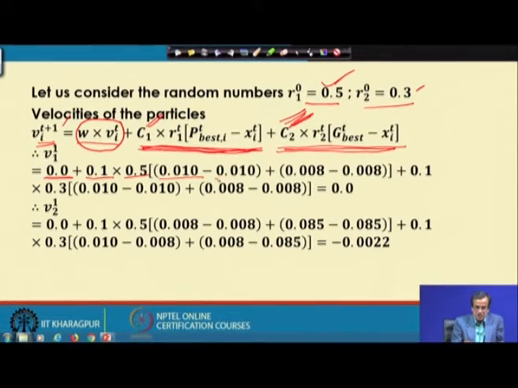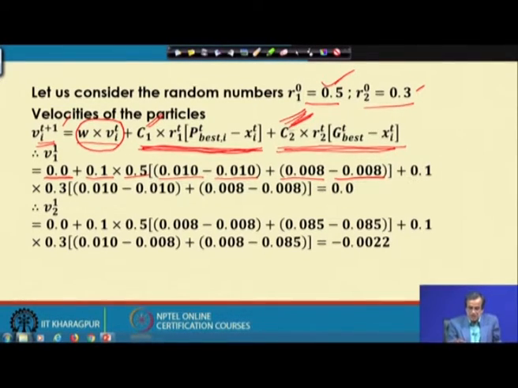That is 0.010 plus 0.008, actually this is nothing but the p best_i with respect to t corresponding to the second design variable, that is h, the height of the cutting tool, minus this x_i(t), which is nothing but the value of the design variable h corresponding to the first particle.